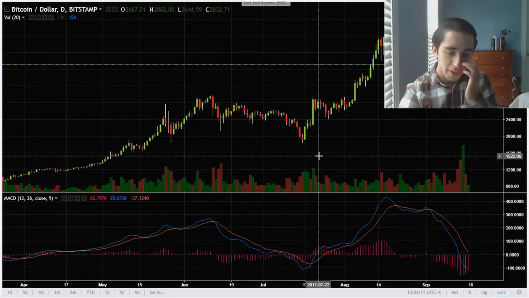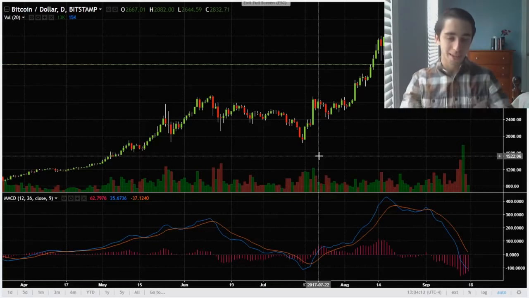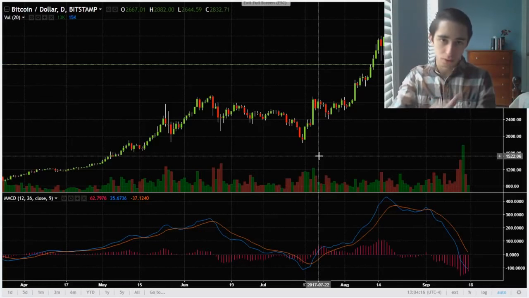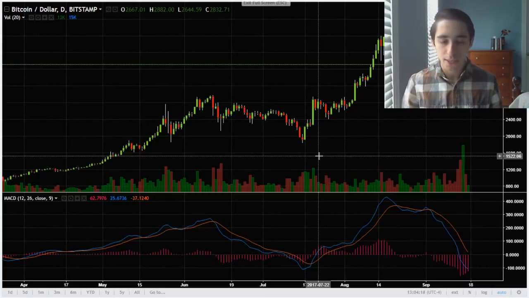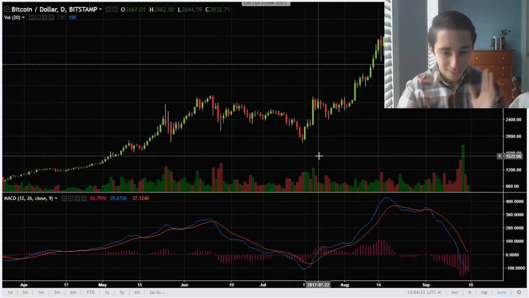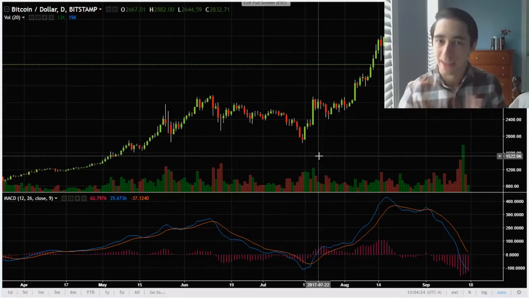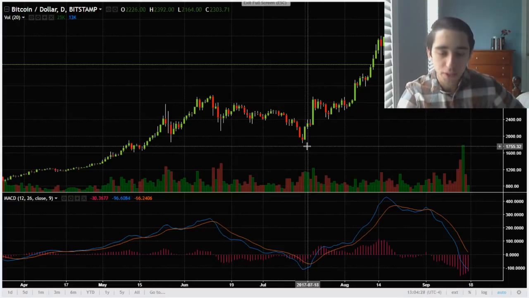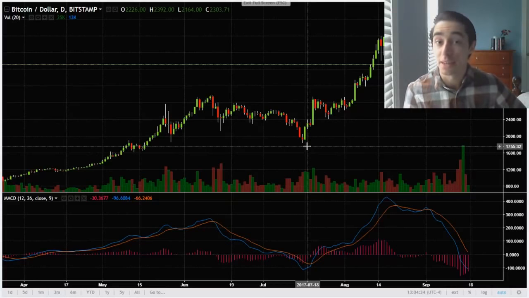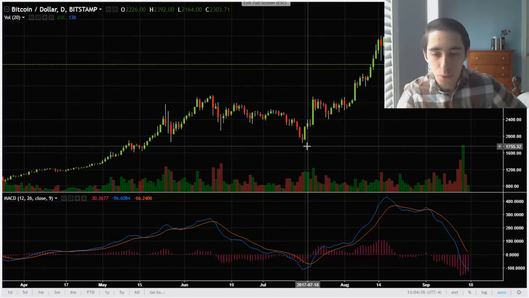Now, when you see a long drawn out period where the MACD is in general losing its momentum, and you see the 12 EMA under the 26 EMA, that's usually a sign that we're in either a bear market or at least a pullback phase. So the next thing you want to do is most likely cash out of some of your positions, maybe play some hedging devices against the general asset, in this case Bitcoin,